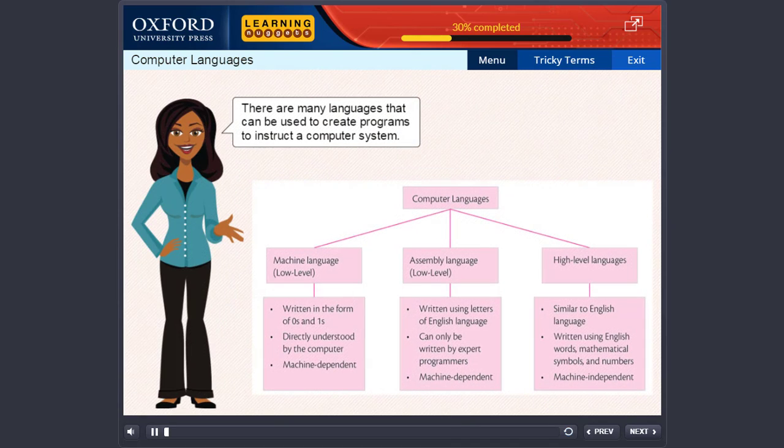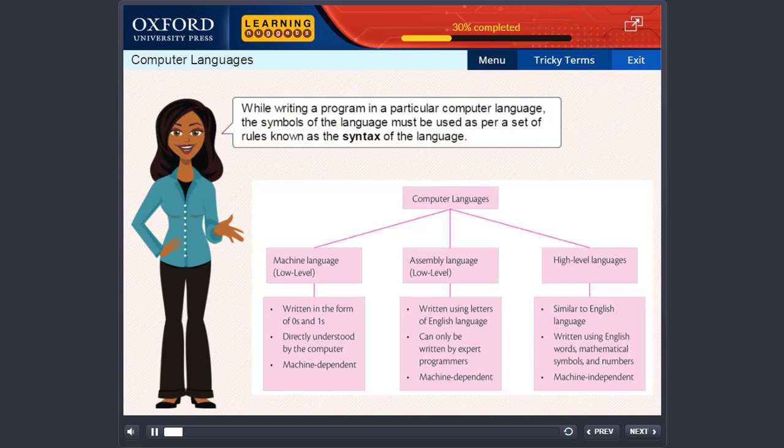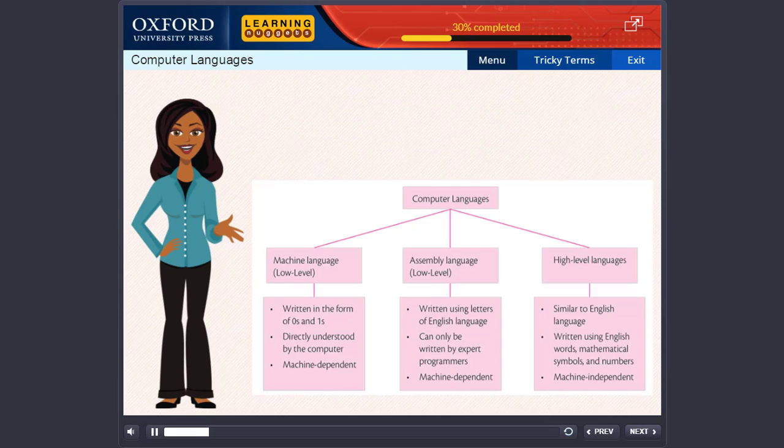There are many languages that can be used to create programs to instruct a computer system. While writing a program in a particular computer language, the symbols of the language must be used as per a set of rules known as the syntax of the language. Computer languages can be classified into three categories: